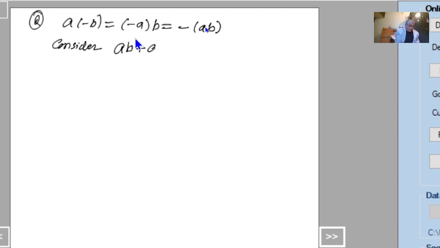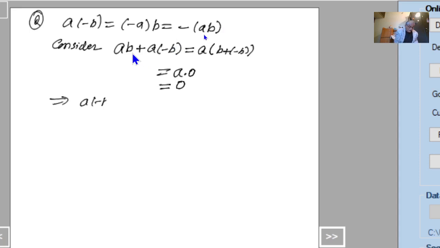AB plus A into minus B. This is equal to, by the distributive laws, we can write this as A into (B plus of minus B). And this is equal to A into, what is B plus of minus B? This is nothing but 0. And already we have proved that A into 0 equal to 0. So that is, AB plus A into minus B, I am getting this is equal to the identity with respect to addition. What this implies is this element is nothing but the inverse of AB. That is, this implies A into minus B equal to inverse of